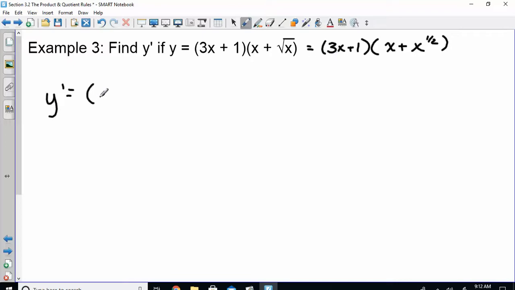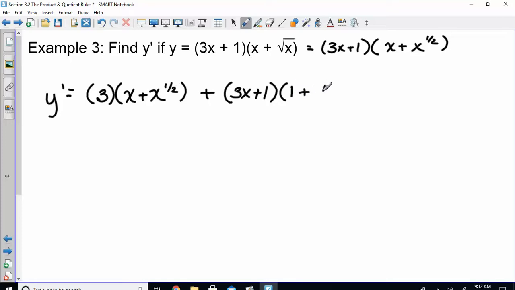Okay. So, the derivative. We do the derivative of the first, so derivative of 3x plus 1 is 3 times the second, plus the first, so that was my 3x plus 1, times the derivative of the second. So the derivative of this would be what? 1 plus